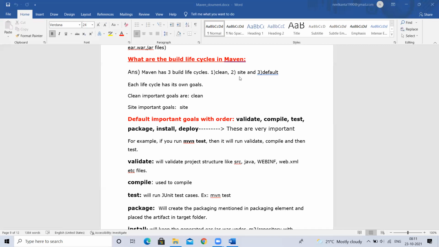Clean is a life cycle, site is a life cycle, default is a life cycle. The clean life cycle has three phases, called pre-clean, clean, post-clean. Site has three again: pre-site, site, post-site. Now default has quite a few. What are those? Can you guess now?